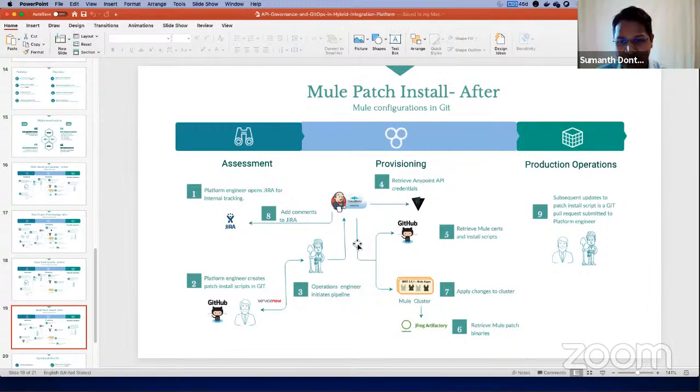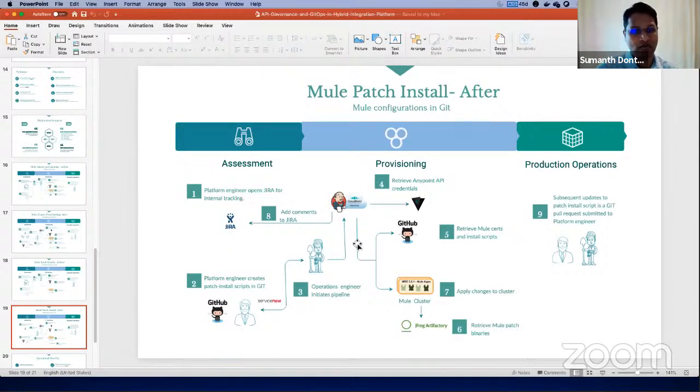GitOps is a term where you have the declarative state of your configurations, and you manage them in Git. For example, a wrapper config: if you know this is the wrapper config and that is the only wrapper config that is actually deployed, and all the version control and management you're doing in Git, you're maintaining the version history and changes of it, and all the proposed changes you're getting as pull requests, and you're pushing that via pipelines. So you're doing operations with Git as the source.